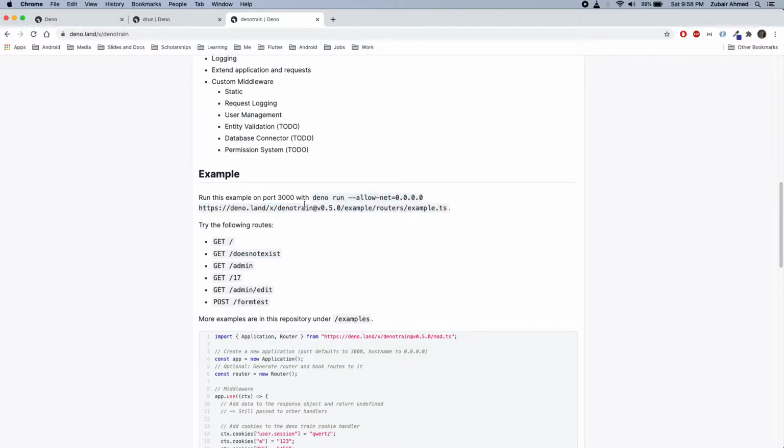In this example they are showing that if you run this through Deno, it will start your server. And in the last video I also discussed importing URLs instead of importing files, or having a package.json in your project which will create tons of files inside your node_modules folder. Deno totally ignores that, and it will save you a lot of time and your storage as well, due to that node_modules folder.